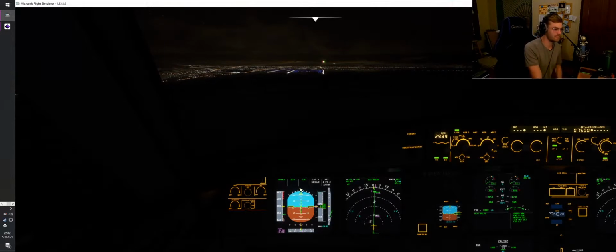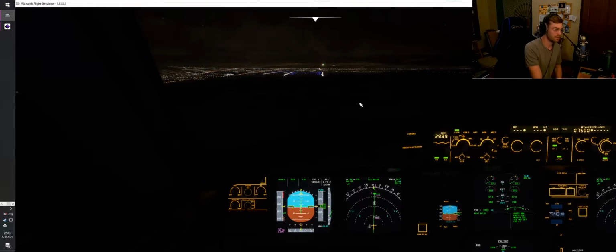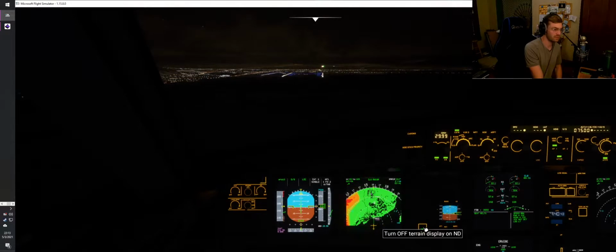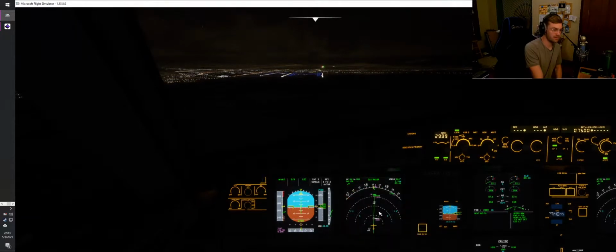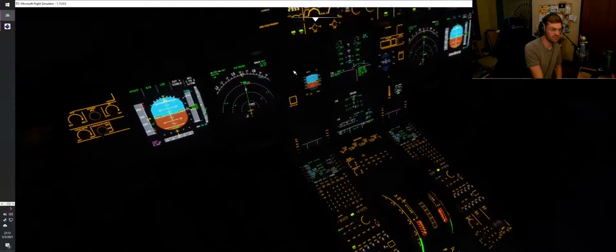You may have noticed the localizer did engage. I'm right on these magenta diamonds, which means I'm on glide slope. Also, I have the GS indication and the green localizer. So we are all engaged, 2,500 and good for this approach. At 1,000 I will disarm the autopilot, and I'm coming up on that 6 miles, so I'll go ahead